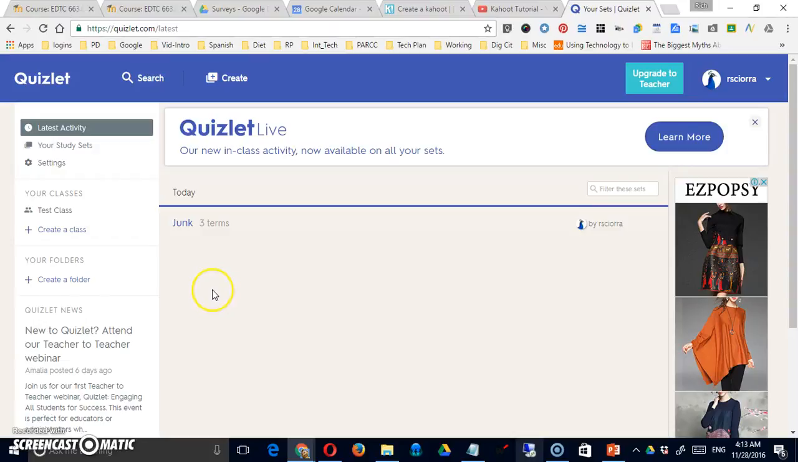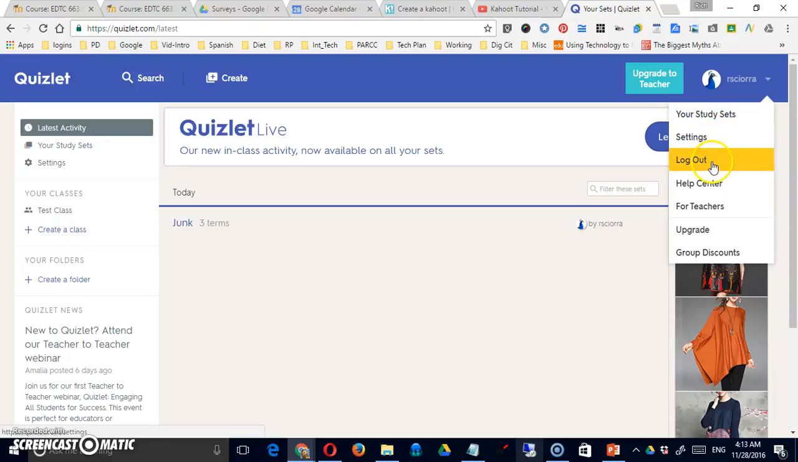Hi, in this short tutorial we're going to take a look at a website called Quizlet. As you can see, the address is quizlet.com. Create an account in the normal way, and once you've done so you should see a dashboard similar to this. Your username is in the upper right hand corner, and this is where you can either log out,